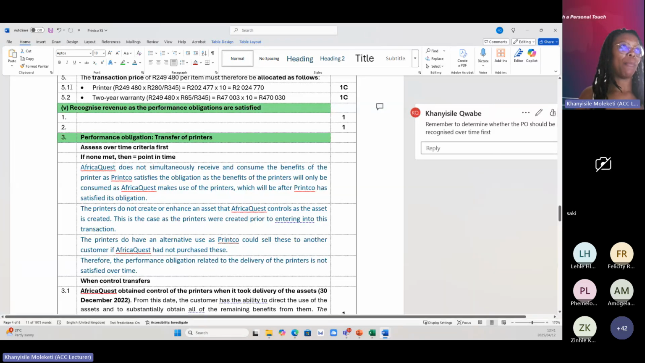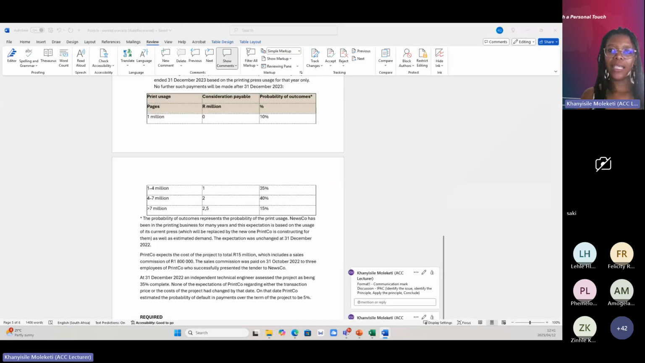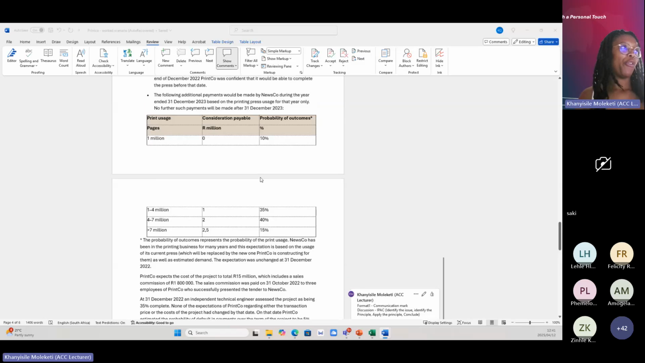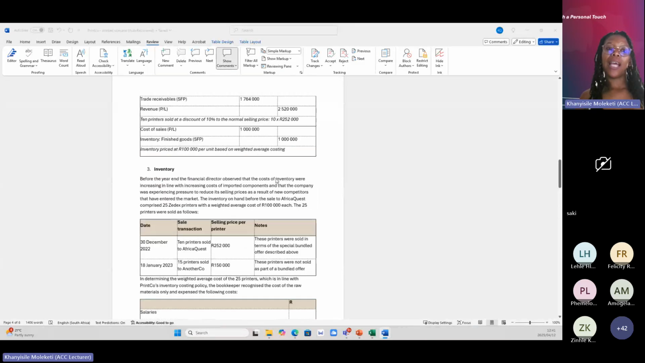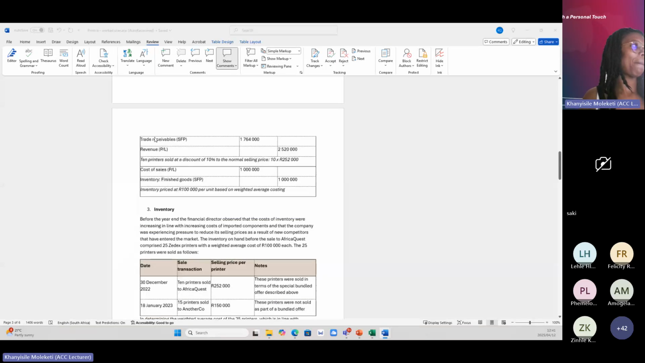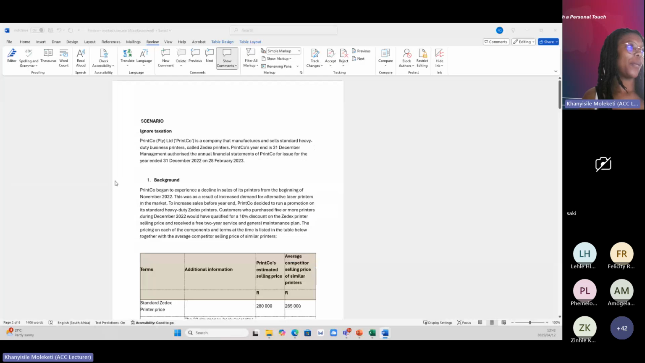Now, I move back to the actual question. Okay, I've got my structure. I read my question. And then, as I read the question, I will answer or fill in the different parts of my structure. Okay. So I'll read my question. Like we said, we know that Printco manufactures and sells printers, which are called ZX printers,